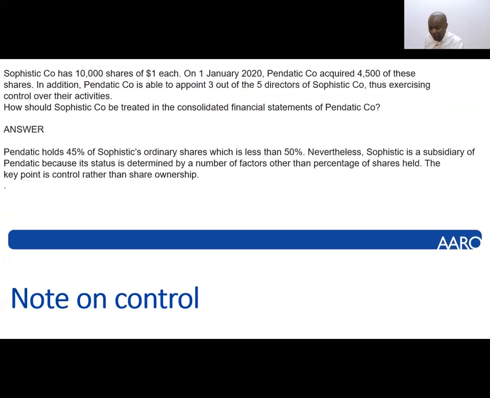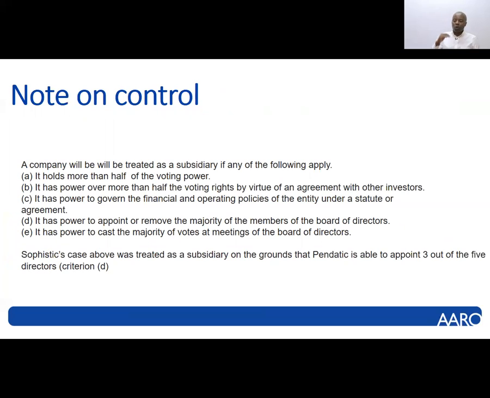And for us to understand this, look at this note on control. We are told a company will be treated as a subsidiary if any of the following applies. A, it holds more than a half of the voting power. Number two, it has power over more than half of the voting rights by virtue of an agreement with the other investors. So you could be having, for example, 20% of the shares of a company. But if the other investors have bestowed on you more than a half of the voting rights in whatever capacity,